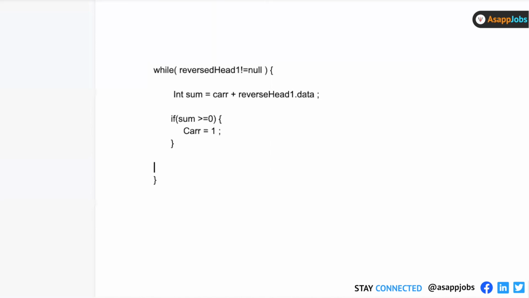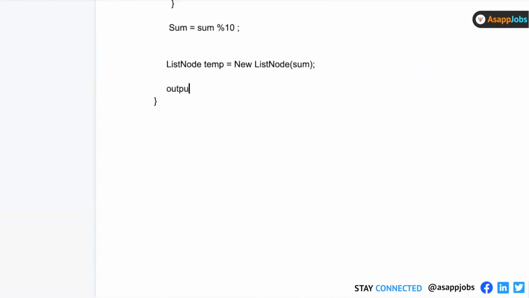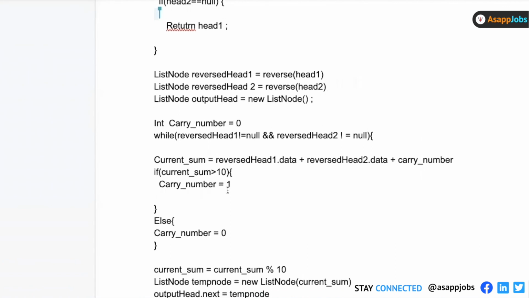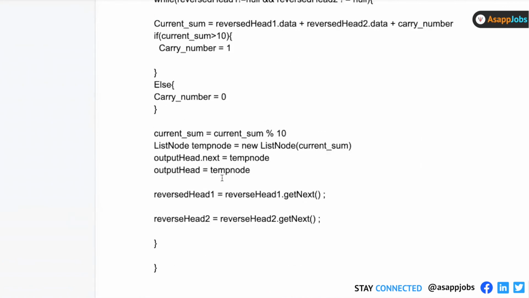And what I do is that sum equals sum ampersand 10, and I create a node, get to and attach it. So this is the output head that we initially defined. Now output head equals to